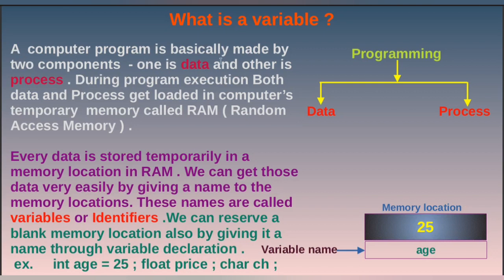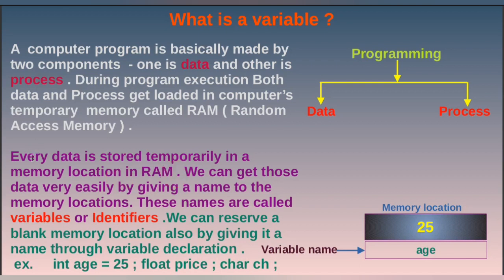So a computer program is basically made by two components, data and process. During program execution, both data and process get loaded in the computer's temporary memory called RAM. So in any program, whether it is the code or the data, all are loaded in the RAM, and from RAM everything happens. So every data is stored temporarily in a memory location in RAM,